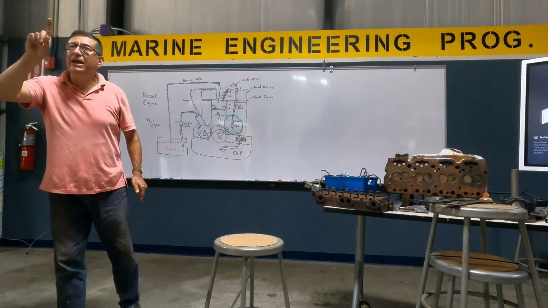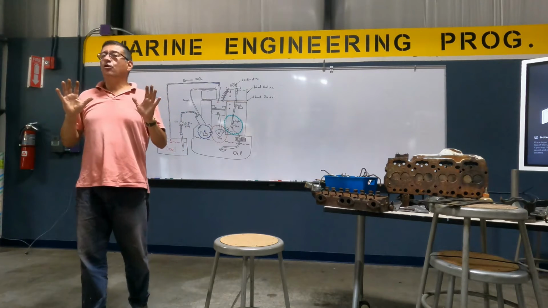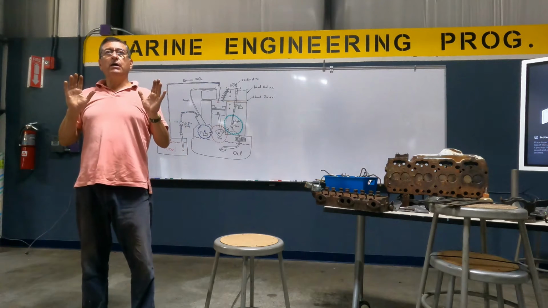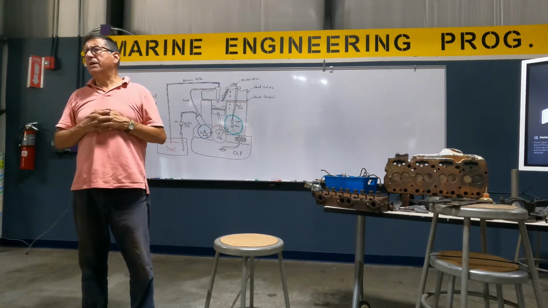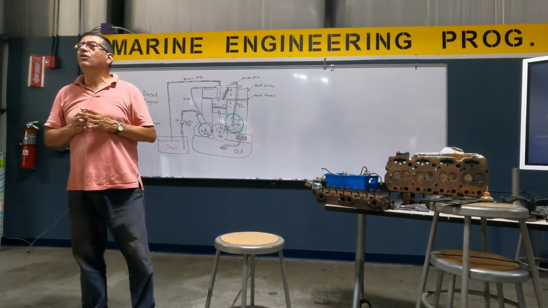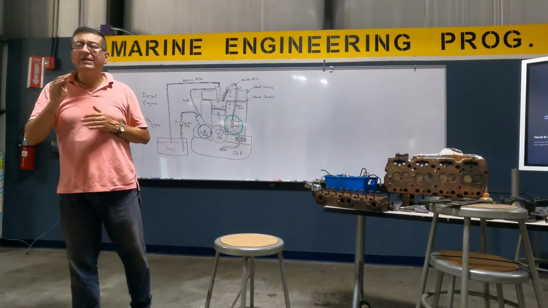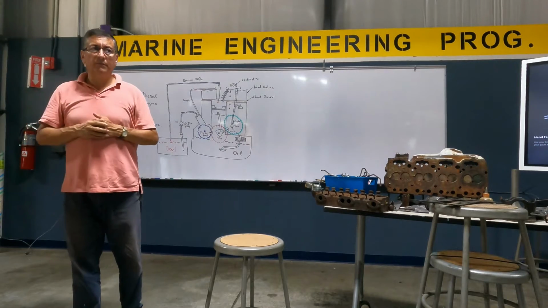My oil pressure gauge indicates low oil pressure. Normally, the oil pressure should be around 60 psi maximum in the majority of the engines. And in the majority of the engines, if the oil pressure goes below 25 psi, you should shut down the engine, because in